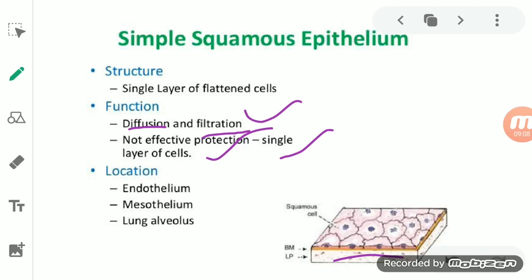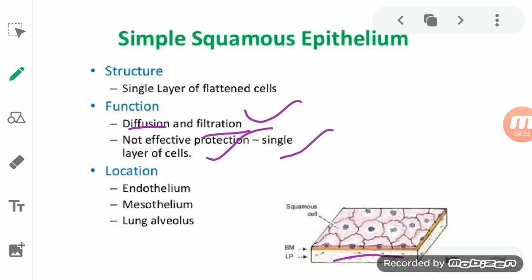The role of the basement membrane is that it helps in giving nourishment to the epithelial tissue, as well as helping in the diffusion process occurring in the squamous epithelium. Okay. Now, if we talk about the location, on the basis of its function, it is basically present in the alveoli and the blood vessels, especially the capillaries, by which the process of diffusion, you know that this epithelial tissue has a very thin membrane, due to which diffusion can take place very easily.